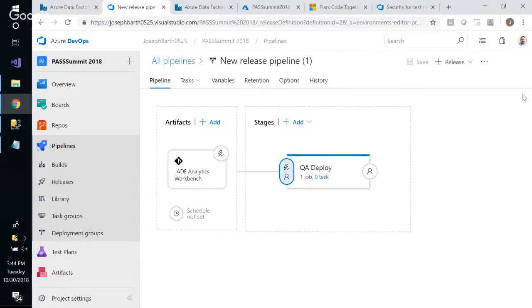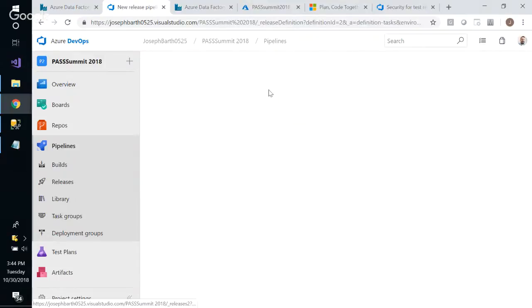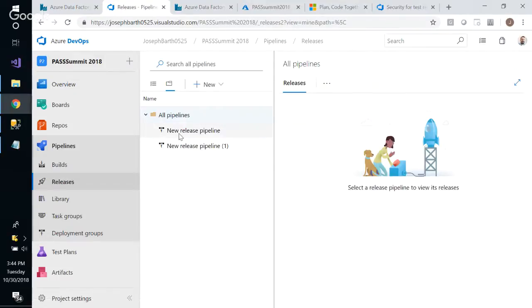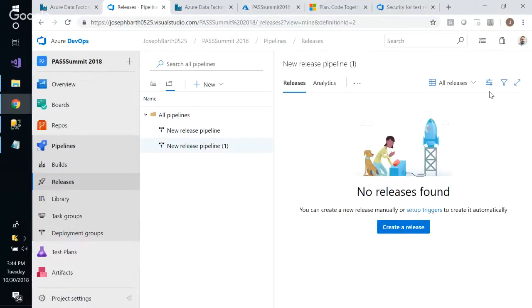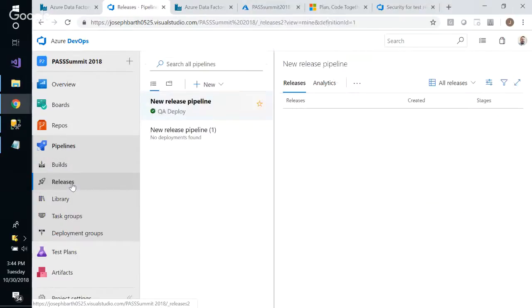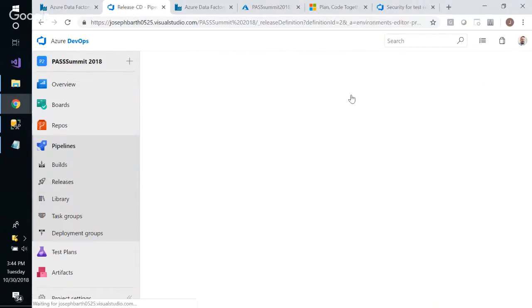I'm not going to teach you Azure DevOps, but I'm going to show you that it is available in there for you. So the next part, as I quickly move through that, sorry, if we come back to the release, we want to edit it. If we go ahead and try to edit the pipeline,